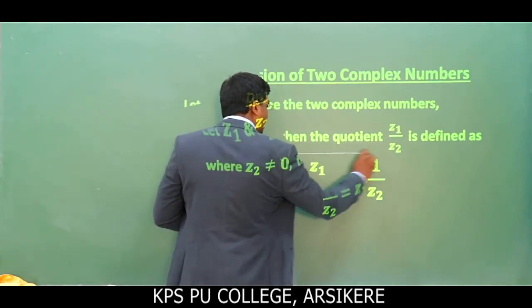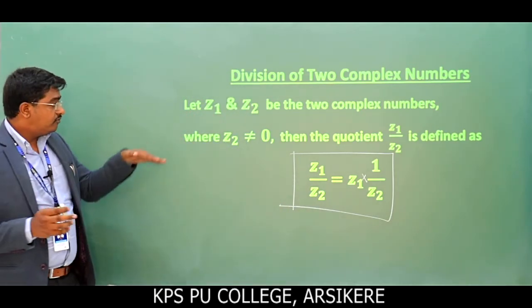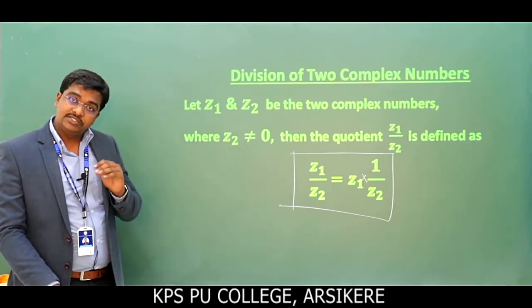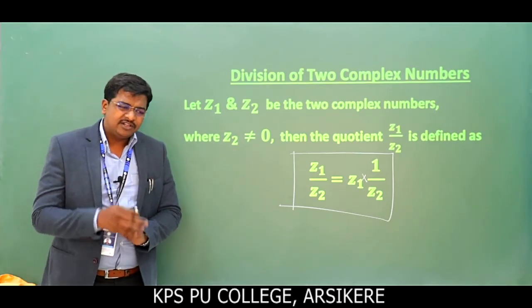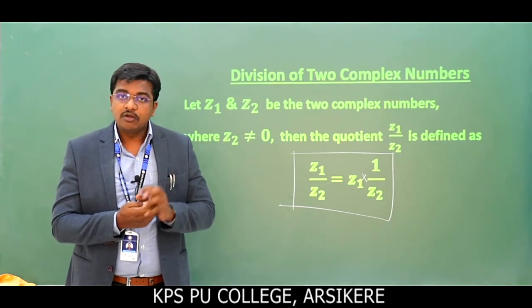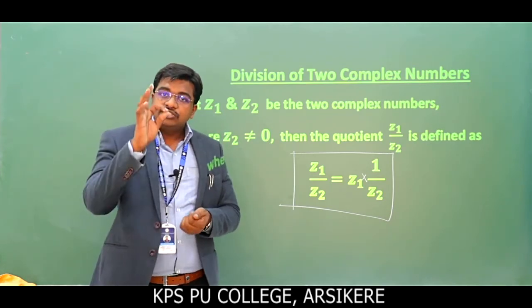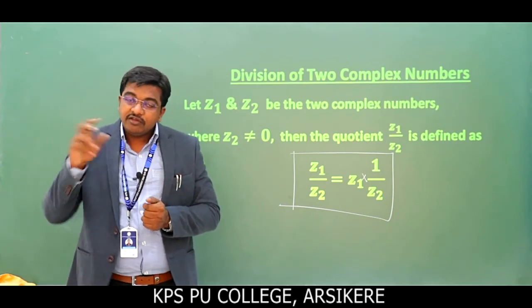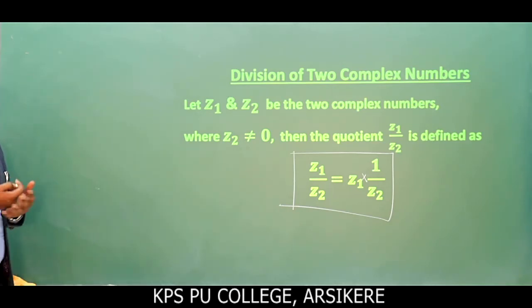So this is called division of two complex numbers z1 and z2, and remember, the denominator we take must be not equal to 0. So this is called division of two complex numbers. Examples and all I will discuss in the next class. So the important thing for division: while finding the division of two complex numbers z1 and z2, remember z2 is not equal to 0. If I reverse it, when taking z2 divided by z1, z1 is not equal to 0.